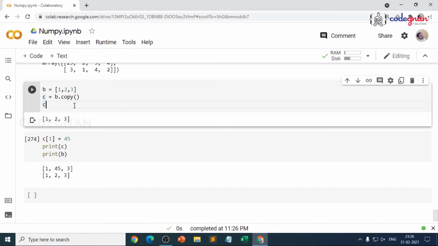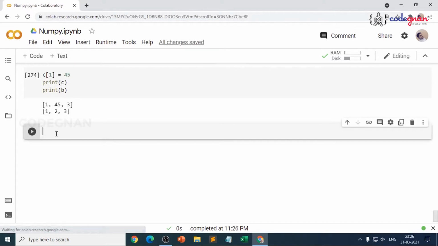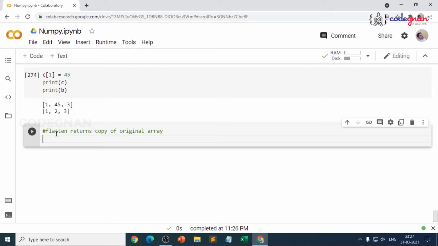That's where copy plays a very vital role in the built-in methods. That's where we have seen for lists. This is very, very simple when you go for lists or sets, because tuples are immutable. And we'll use the same concept for flatten, because flatten will take a copy of the original array. So flatten returns the copy of the original array. This is very, very important. That means if you modify any elements within the formed array, the original array will never ever be affected.